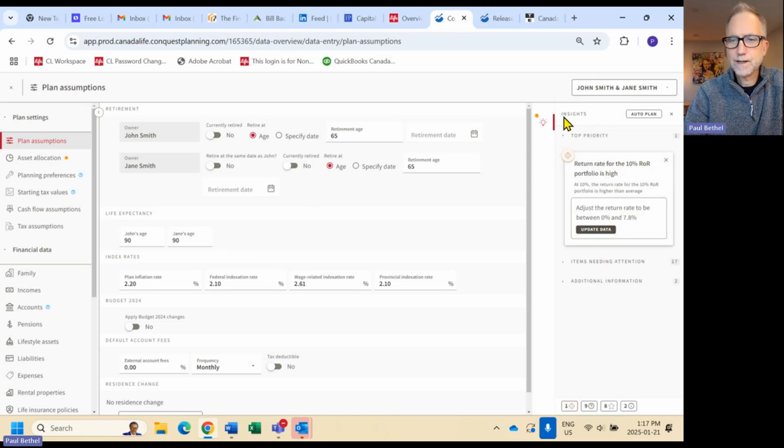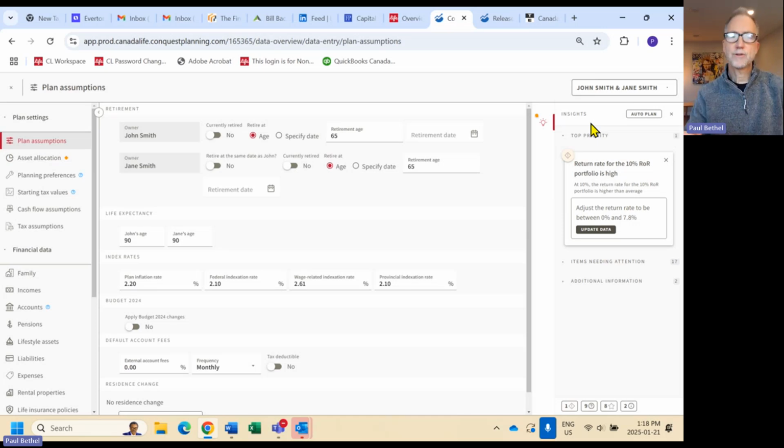So this is what SAM Insights is providing. It's more at the forefront, alerting you. I can see this being really useful for users who are still getting their feet wet with the software, or maybe you're going back into a plan that you haven't visited for a while, and it just flags some things, some areas that it's saying, hey, take a look at this again. Is this okay? Maybe we need to make some updates. So those are the two main ways that I can see it being